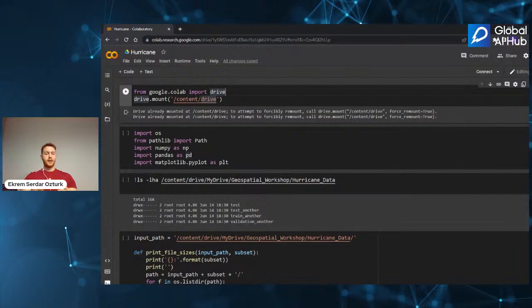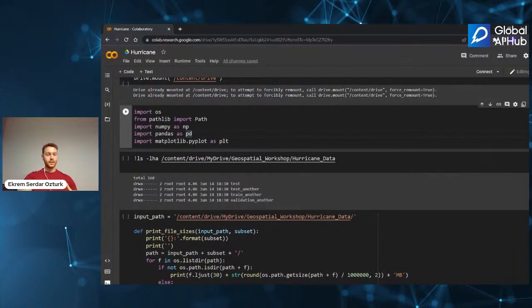Okay, so the first code cell is used for accessing my drive because the data set is in my drive. We are also using Colab because it has its own GPU and trains the model faster. You only need a Google account, so you can do everything on your own. The second code cell is for importing our required libraries.